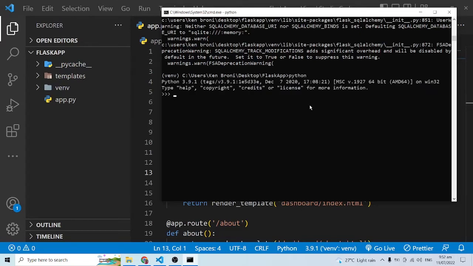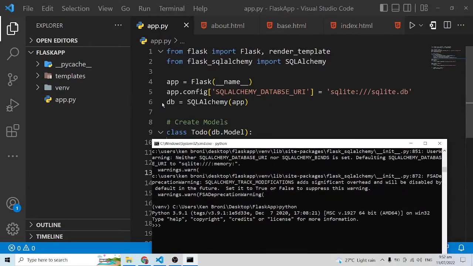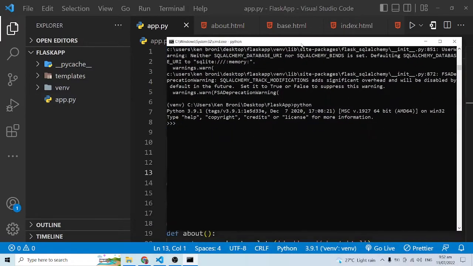Now in here, I'm going to import DB. Okay. So you can see that this DB is an instance of this class, and it is inside of app.py. So I'm going to say from the name of my app over here, so from app, I would want to import DB, and I'll press enter,